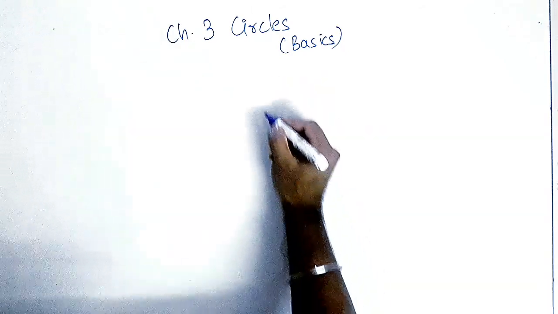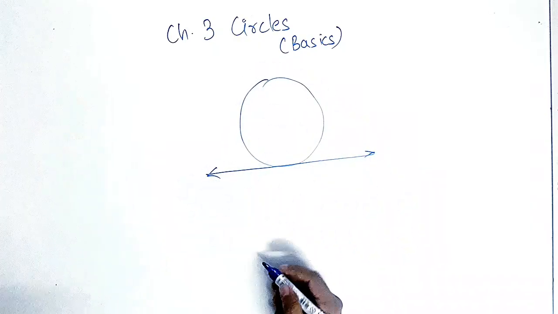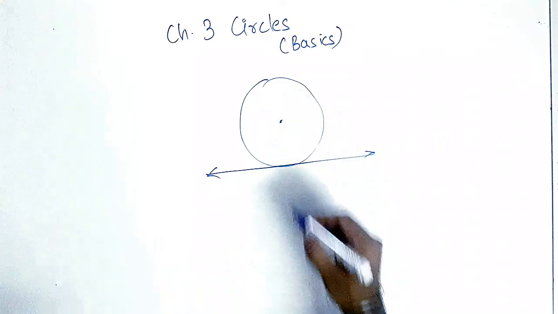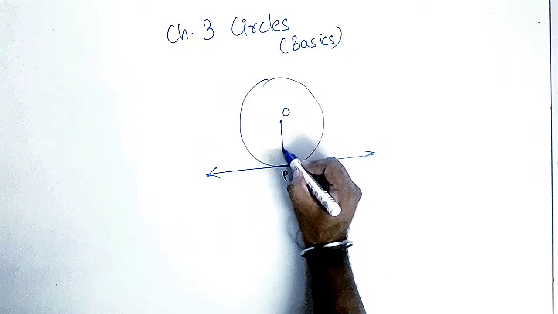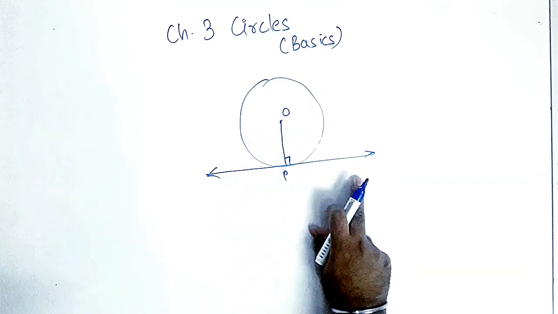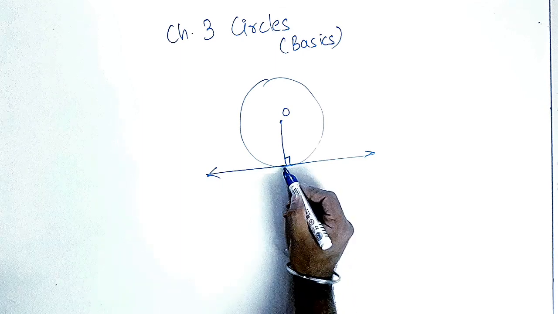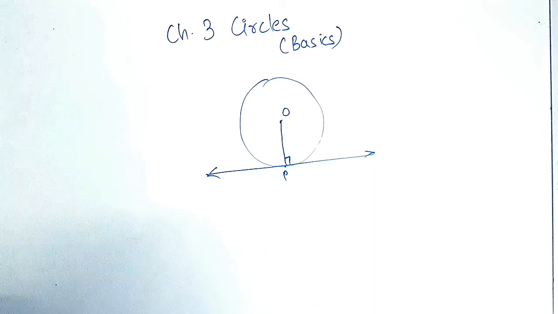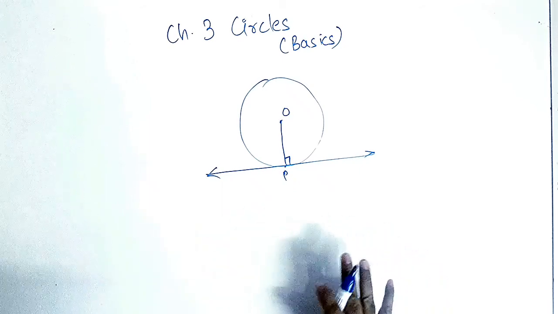Now this theorem says that tangent at any point of the circle is perpendicular to radius. This is radius, this is tangent, so radius will be perpendicular to tangent. At the point of contact, the point at which the tangent meets the circle is called the point of contact. So this is one point. The theorem is not at all important because it is an indirect proof.